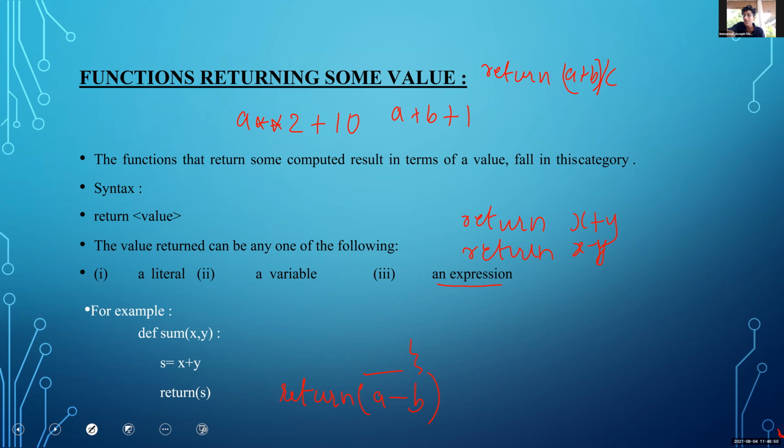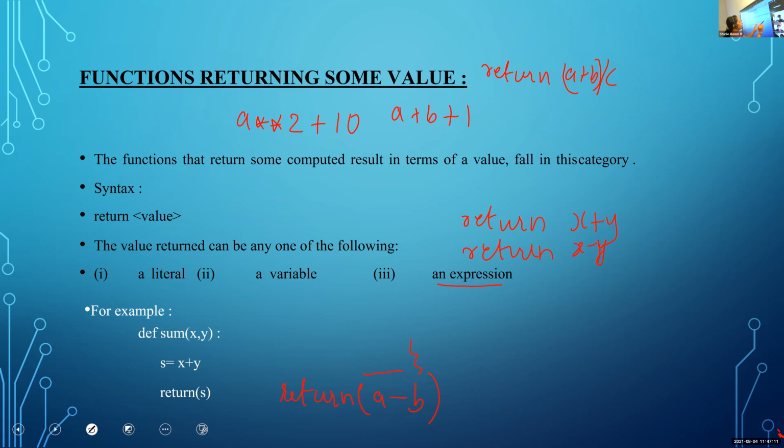Aditya? Highest precedence. So it will first calculate this a plus b. First you want to perform this a plus b. Then after that the result is divided by c. That is the meaning. Okay.